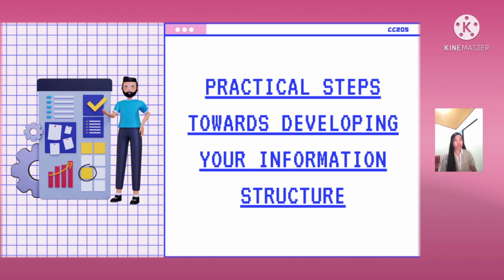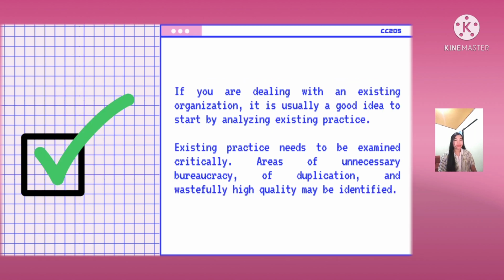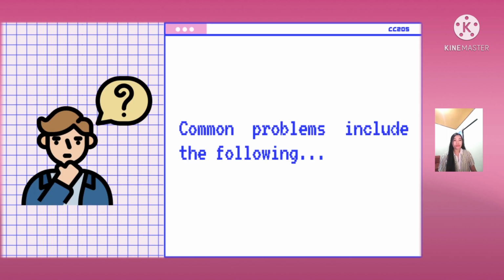Practical steps towards developing your information structure. If you are dealing with an existing organization, it is usually a good idea to start by analyzing existing practice. Existing practice needs to be examined critically. Areas of unnecessary bureaucracy, of duplication, and wastefully high quality may be identified. Common problems include the following: